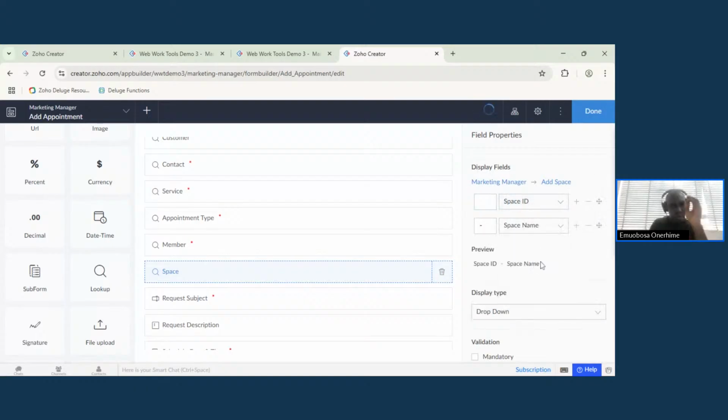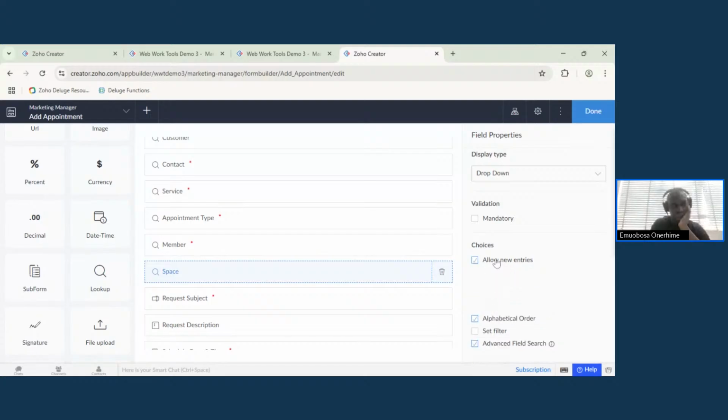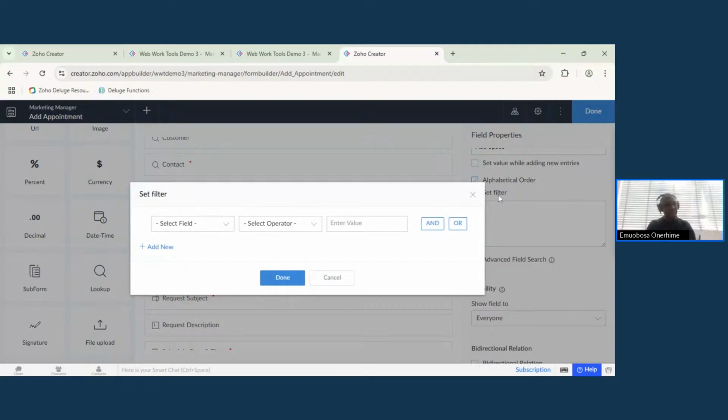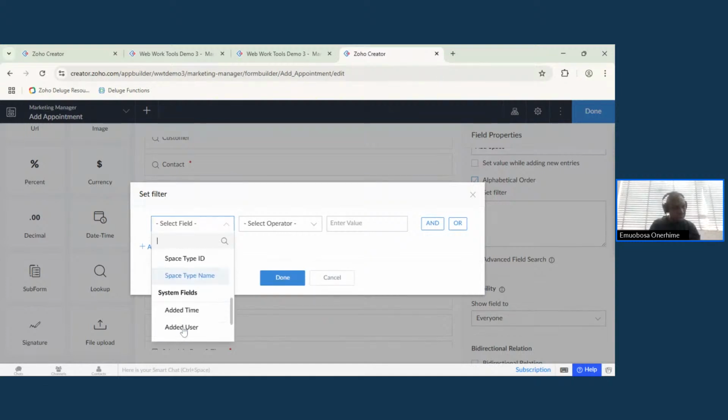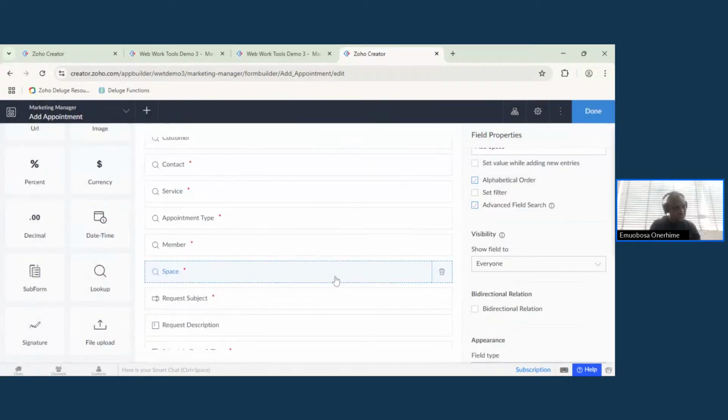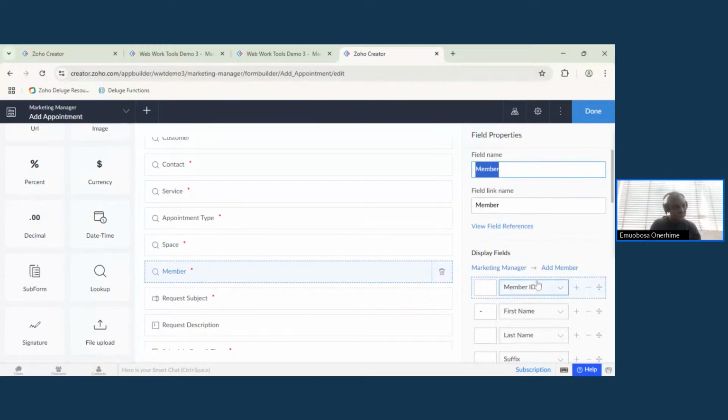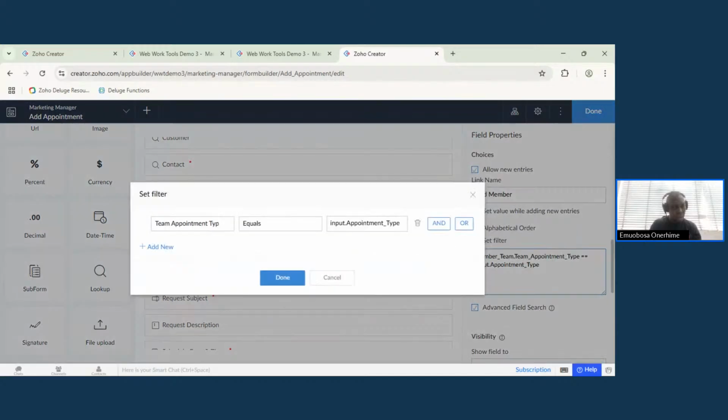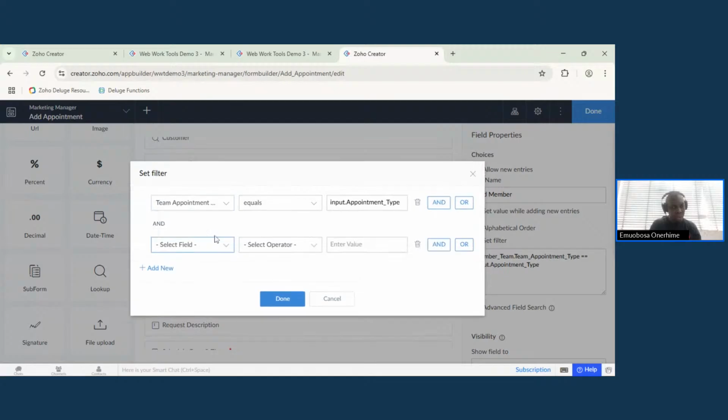We're going to put space ID, space name. Here we'll have the opportunity to add space. I'll make this mandatory. Now we'll say that this space is going to work only if, oh, I see. So we have to put the space up. Then we now have to go to the team now and say, okay, and